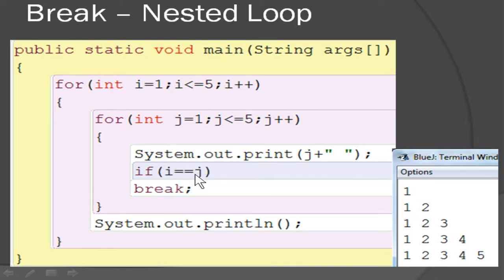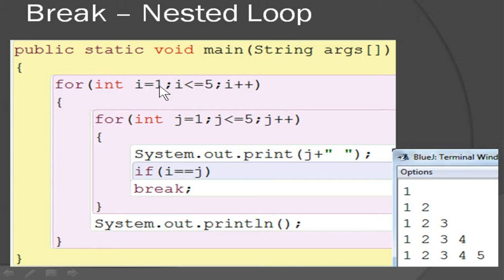Once it is true, it breaks the current loop, that is, it terminates the current loop. Once the termination occurs, it comes out of the body of the loop and executes the statements underneath. You can see a System.out.println statement there, it will be executed, so the cursor will move down to the next line and then it will update the i value.